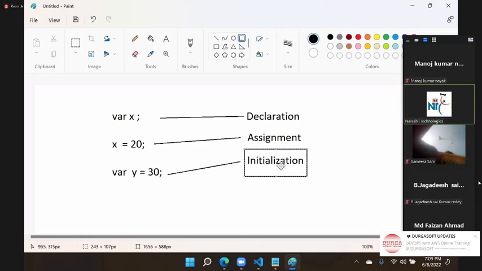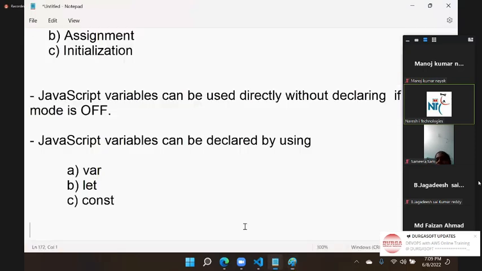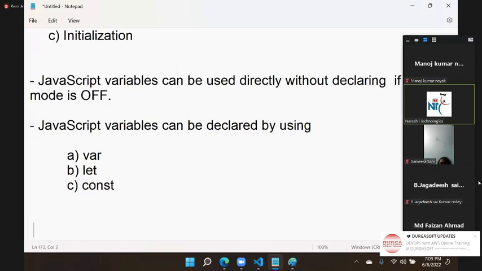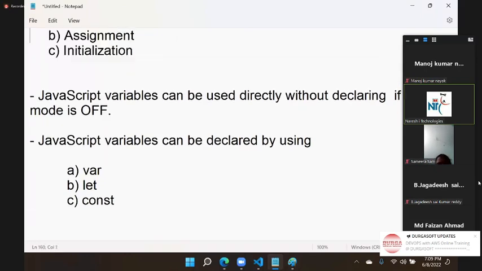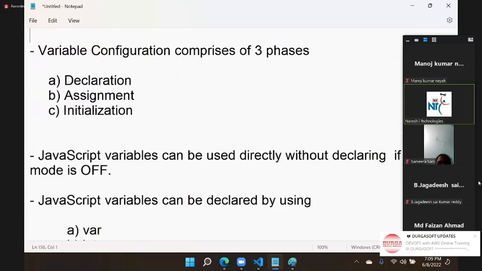So a variable has three phases: declaration, assignment, and initialization. This is important to understand var, let, and const. To understand var, let, and const, first you should know what declaring is, what assignment is, and what initialization is. That is very important. So let's see the actual point here, so first option, declaring, that means declaring